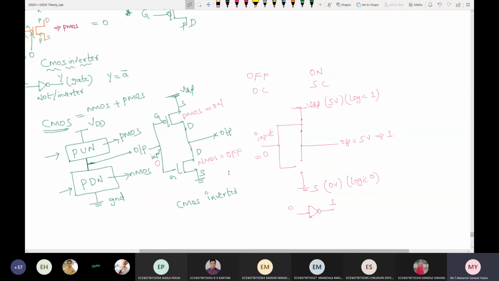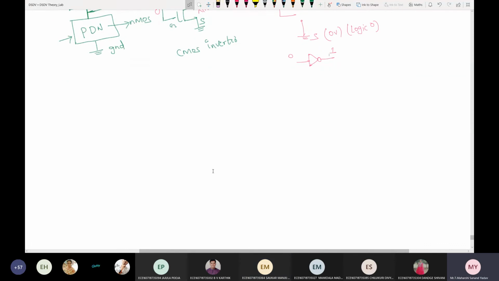If you are clear with this, I'll tell you for one more logic gate. Now you try for y is equal to (a dot b) whole bar. What is this gate called? NAND gate. So make a note of two important points here. Y is equal to (a plus b) whole bar. What is this gate called? NOR gate.